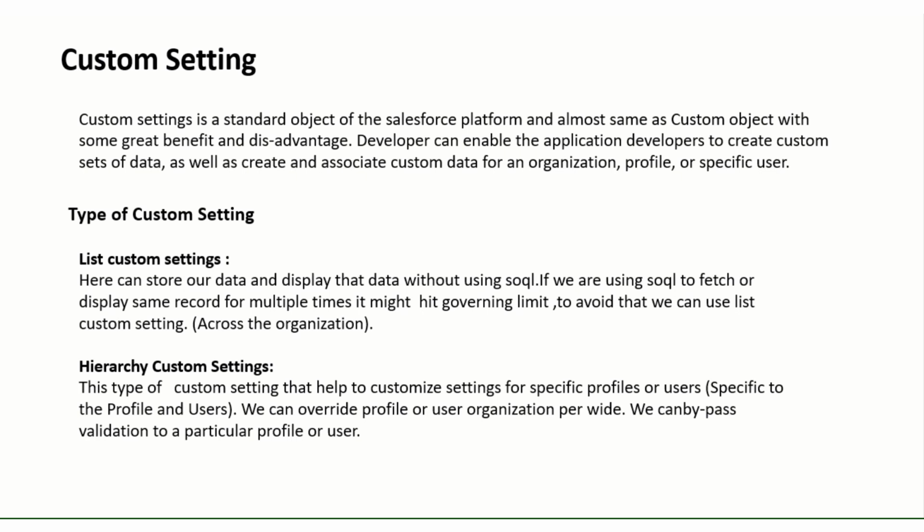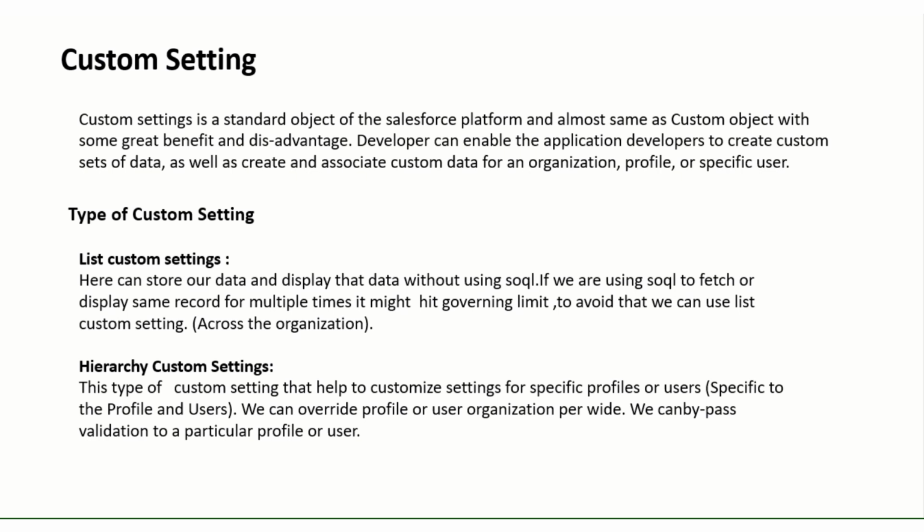It may or may not be applicable organization-wide, to a profile or to a specific user. Custom setting is available in the cache of your organization, so data can be accessed easily. We'll see later in this video what the advantages and disadvantages of custom settings are.